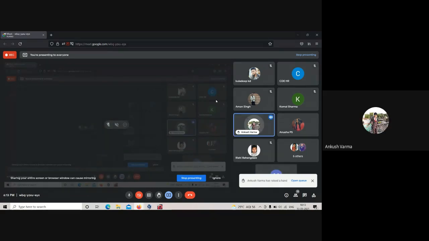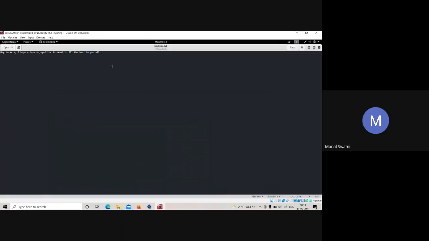Sir, can we use the exiftool for extracting the data behind the photo? No, exiftool will not work, because this is proper steganography. Exiftool doesn't work over here. The reason is that this particular file is embedded by StegHide, so you'll have to use either StegHide or StegCracker. These are the two most industry-ready tools used today to extract the data from these particular images. That's the reason you can't use it.